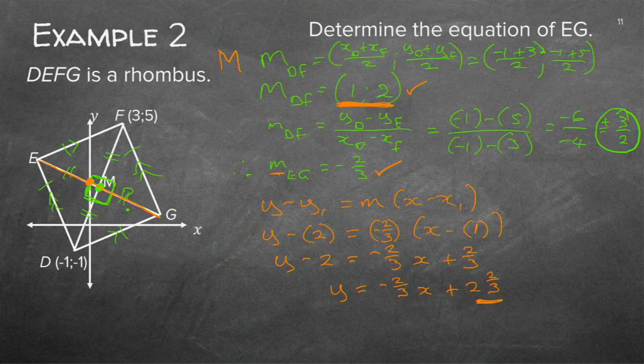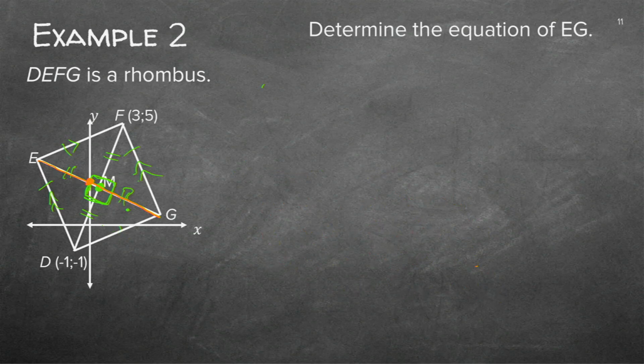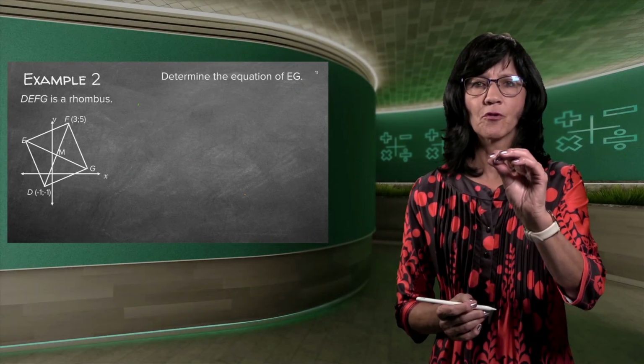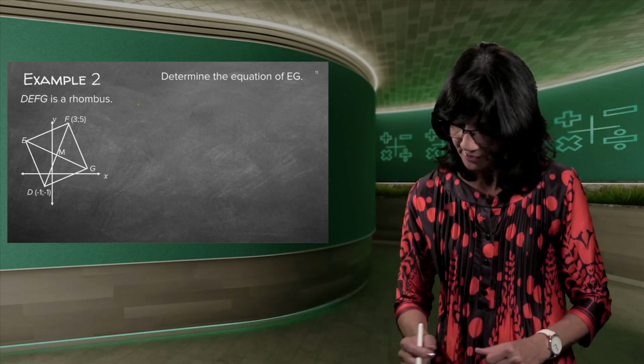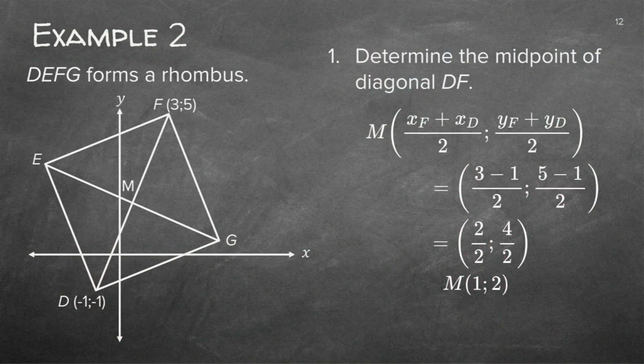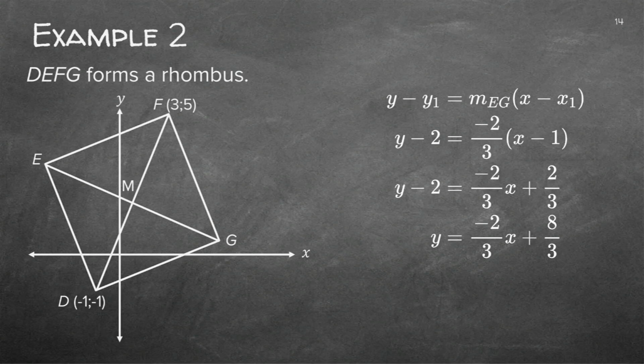And therefore you're going to now go and redo it all on your own. Make ticks on the sketches. The minute they tell you something is a rhombus or parallelogram, go and tick it, tick everything you know, because then you can use that information. There's the midpoint that we worked out. There is the gradient we worked out. And then we swapped it around, and there is the final answer.